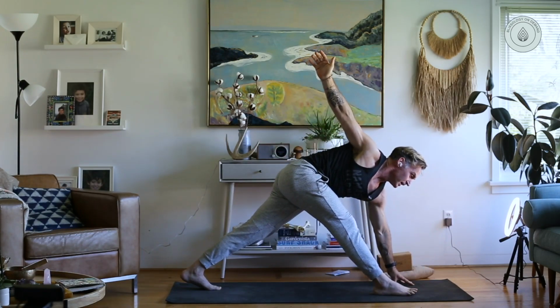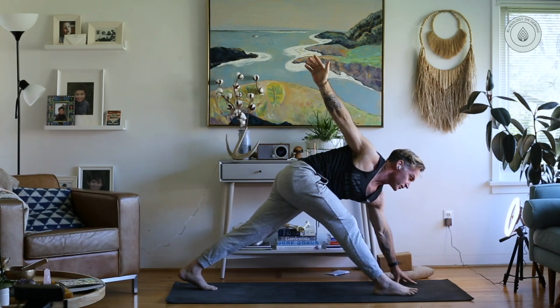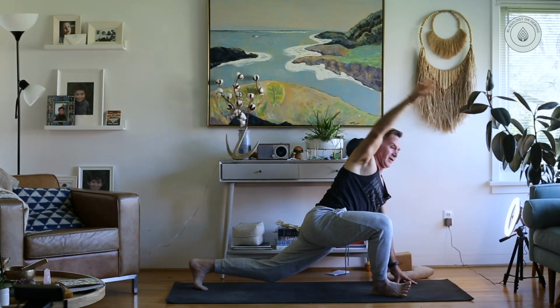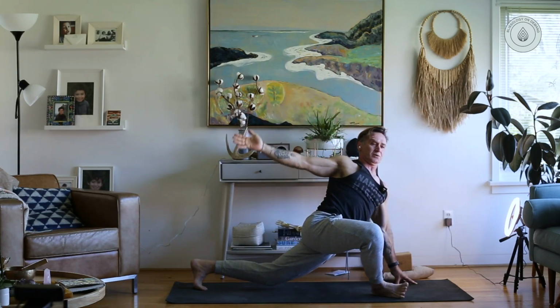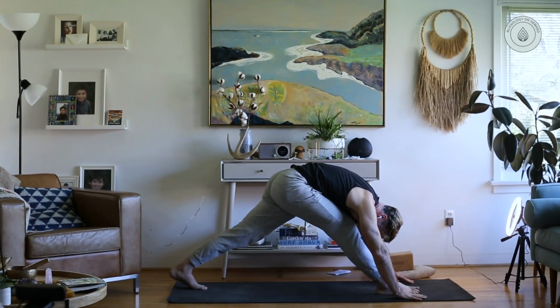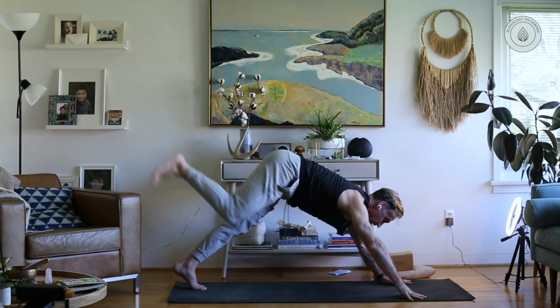Okay, there. Now we're going to go into a lizard lunge. So as you go like bowling with your right hand, circle it down, lift your right foot up, right toes up, and turn your right foot towards the right. Now foot and stretch. That's the pattern. Right leg up, one leg dog,